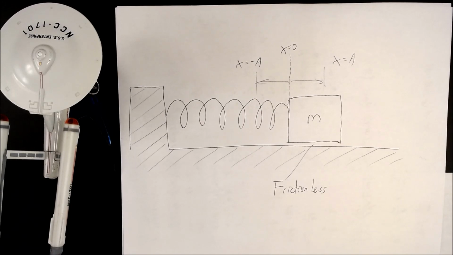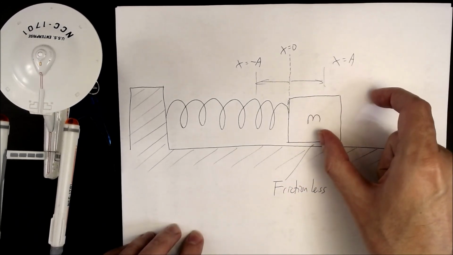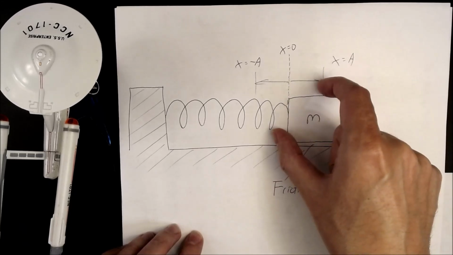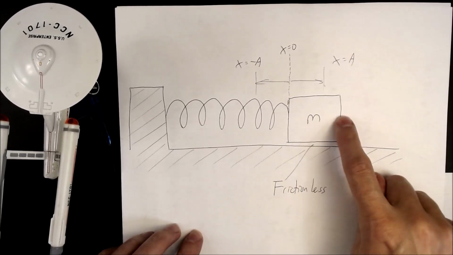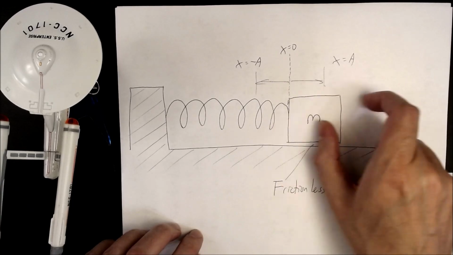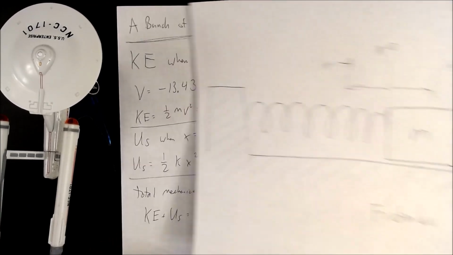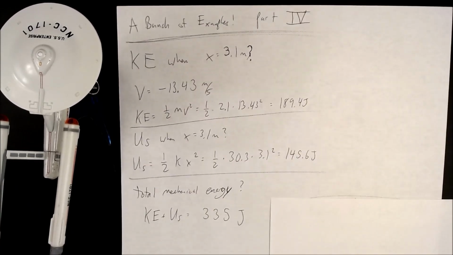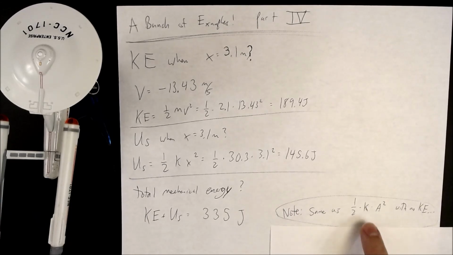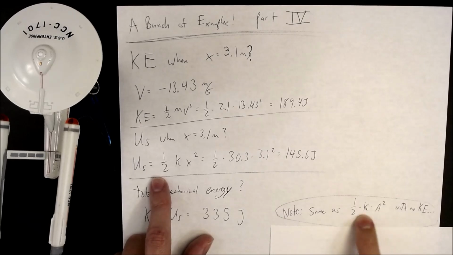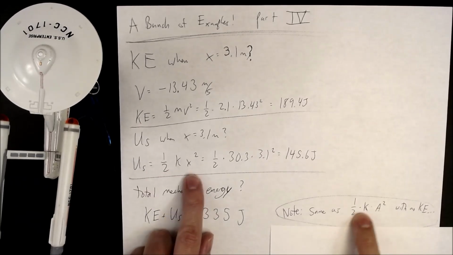What is the kinetic energy when it's over as far as it can be? The kinetic energy has to be 0 because when it's over as far as it can be, it has to stop and then go back. So the kinetic energy is 0 because the velocity is 0 when it's all the way over. Well, if we plug in the amplitude for x, remember this is 1/2 kx squared,